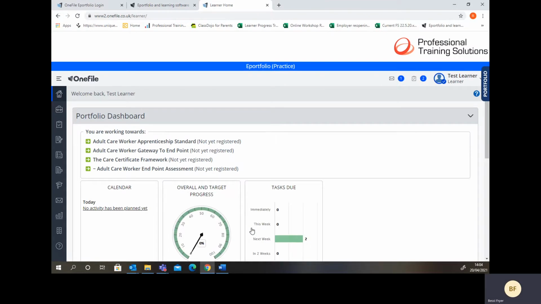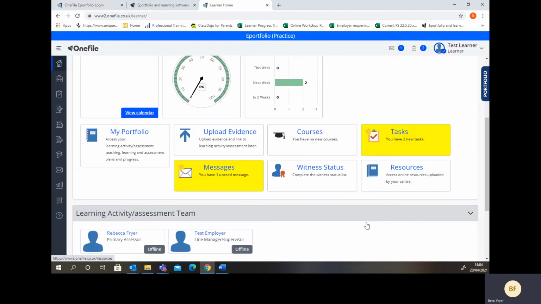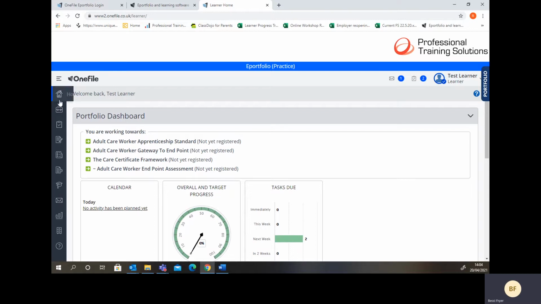When you first enter Onefile, and every time you log back into Onefile, you will see what is known as your portfolio dashboard. This really is just an overview of what's been happening in your Onefile account. But in all honesty, although this is a nice holding page, this isn't really the view that we want to see. The best thing to do with your Onefile is to go onto your portfolio, which is the second icon down on the left-hand side. So if you click on portfolio,